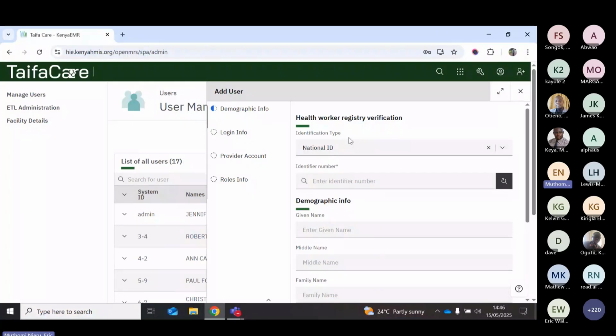And then we have the provider account and the roles that this particular user can be able to perform. You'll be able to see these as we'll be going through it. Now, for the health worker registry verification, this version has been integrated with the HIE, whereby we know at the